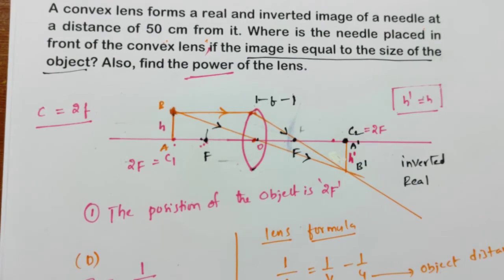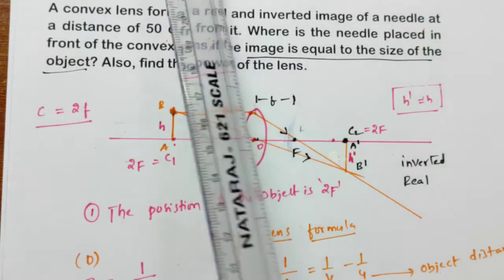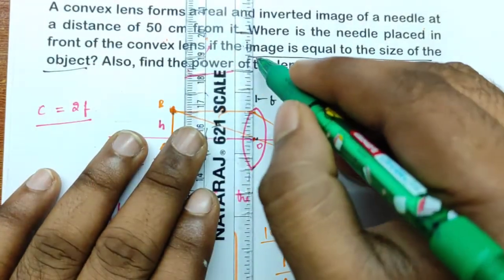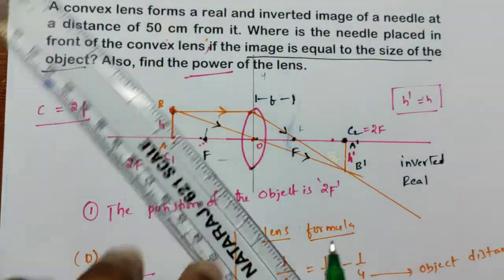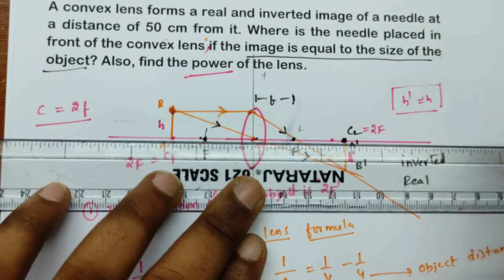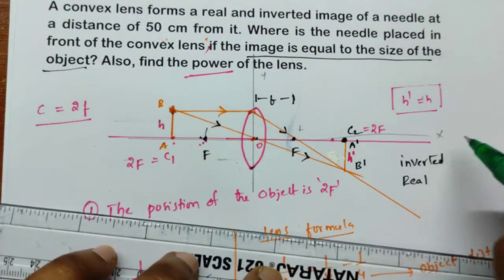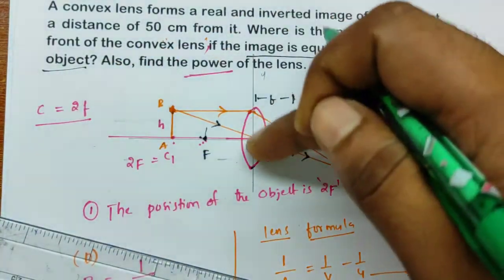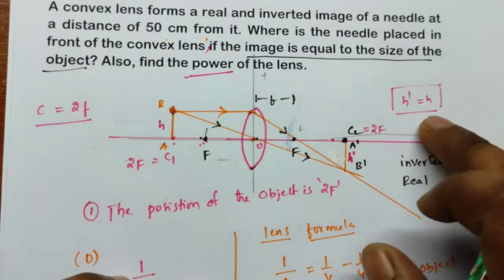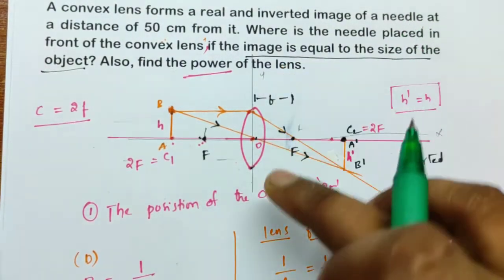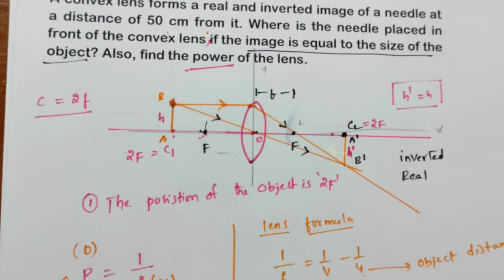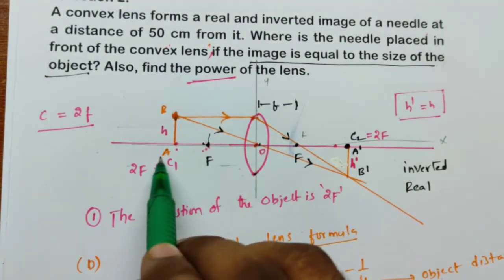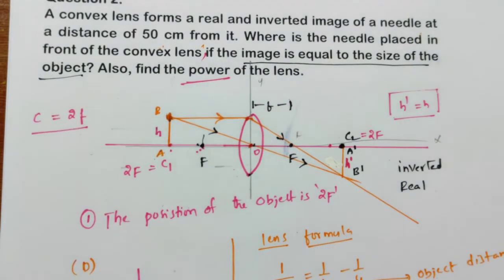Remember, whenever we are dealing with optics, consider the optic center O as the origin and draw one axis like this. This is the y axis, and this will be the x axis. This is the positive direction and this is also the positive direction. This one will be the negative direction and this one will be the negative direction. Positive x-axis, negative x-axis, positive y-axis, negative y-axis, like that. Simple. So if you are calculating distance from the optic center to this side, it means negative only. That's all, without any thinking.